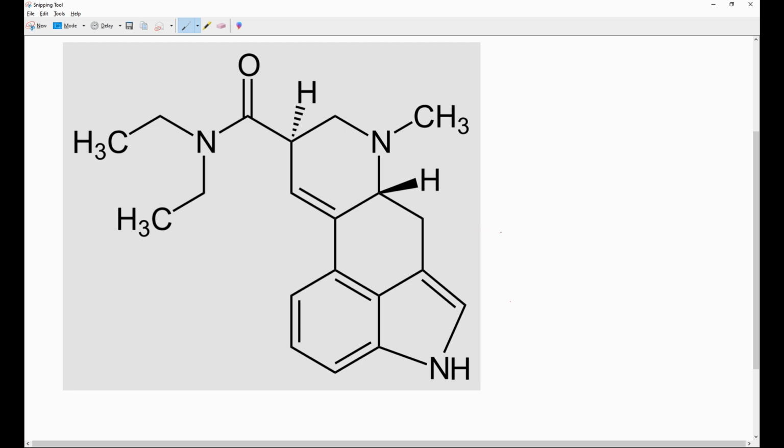Identify all the stereocenters of LSD. In addition to that, identify the stereochemical configuration. So, to first identify stereocenters, you have to look for the chiral molecules, chiral carbons, which are sp3 hybridized